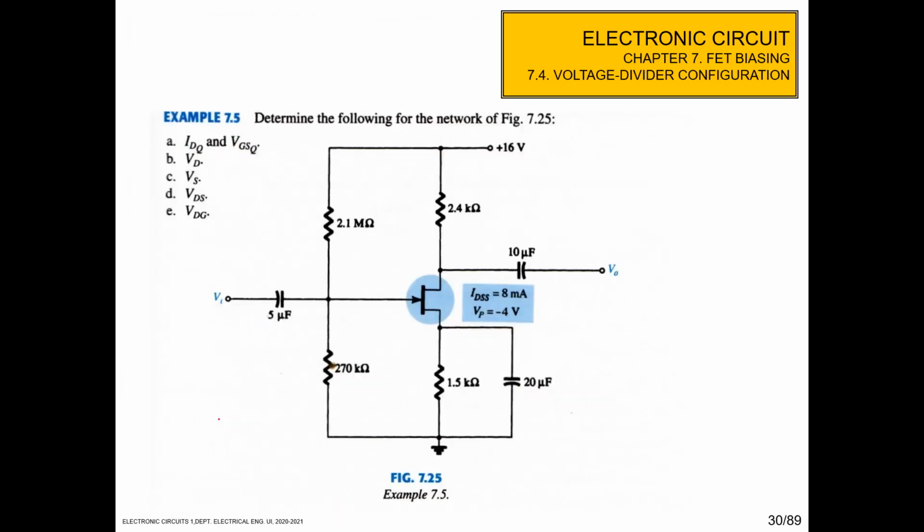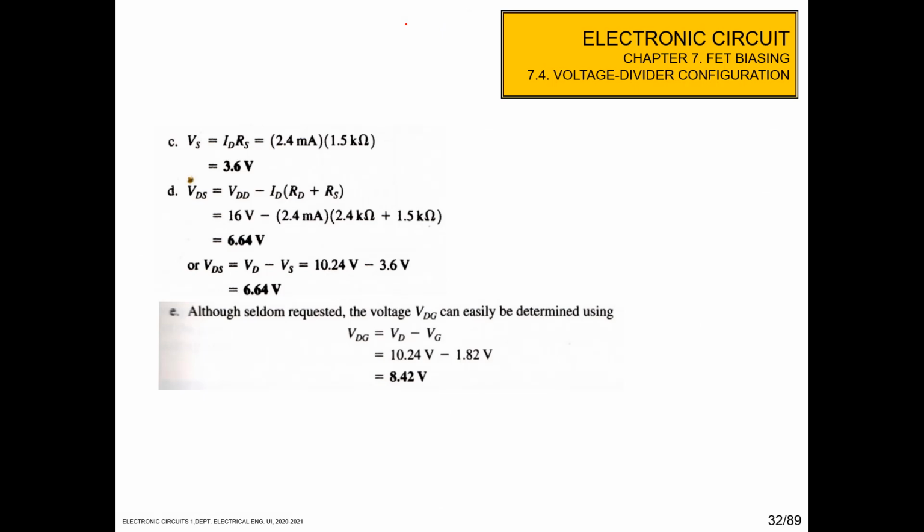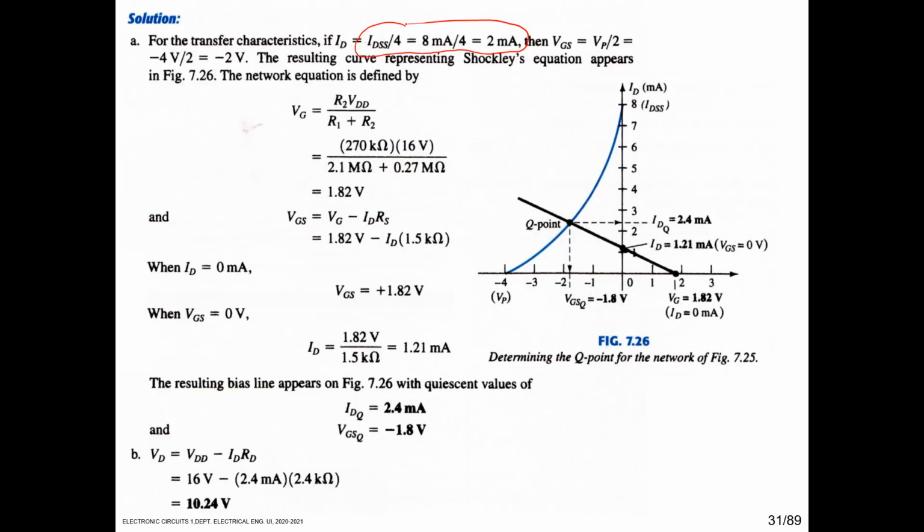So this is the example: determine the following for the network of figure 7.25. The procedure is first to plot the device characteristic like the blue line, using Shockley. IDSS is 8 milliampere, so IDSS per 4 gives ID equal to 2 milliampere,